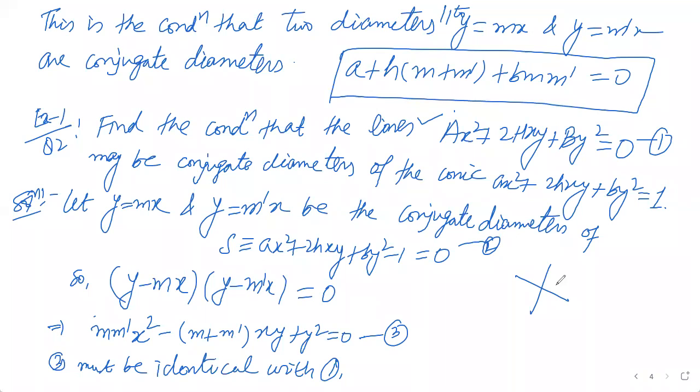द कोएफिशिएंट ऑफ लाइक टर्म्स। तो हियर यू हैव a, here you have mm dash, so I can compare, so you will be getting mm dash upon a is equal to minus m plus m dash upon 2h, this equal to, and here you have क्या है b, 1 upon b, okay। तो यहाँ से you can find the वैल्यू ऑफ mm डैश, m प्लस m डैश, है ना, ये वैल्यू निकाल के इस कंडीशन में रख देंगे बस। सो यू गॉट, सो दिस इंप्लाइज दैट mm डैश इज इक्वल टू a अपॉन b एंड m प्लस m डैश इज इक्वल टू माइनस 2h अपॉन b